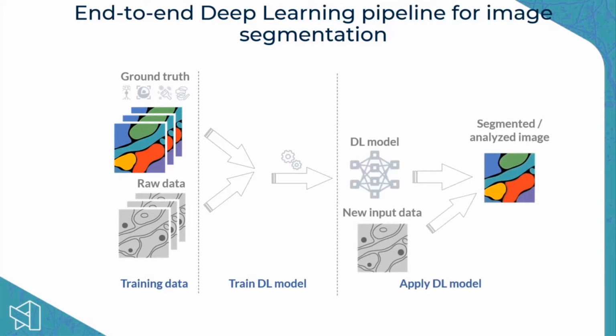One of them is segmentation. So the general concept is shown here. This is using supervised deep learning. We have ground truth created by hand or created by an automated recipe, and the raw data. We can train a model that essentially learns a relationship pixel to pixel or crop to crop between the raw data and the ground truth. And then given new raw data, it's possible to predict where the edges of the objects are,